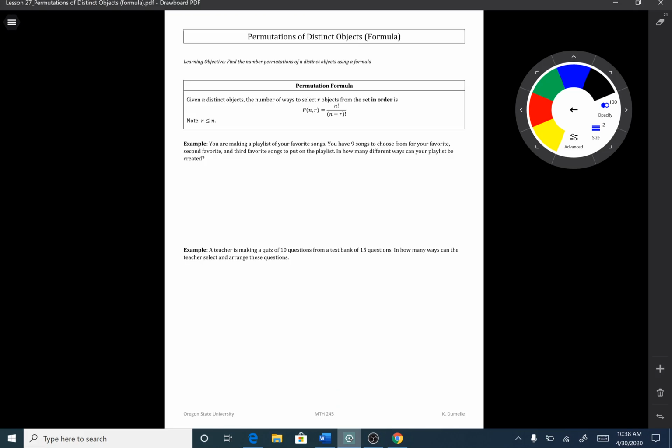Alright, so we just learned how to use the multiplication rule in order to figure out how many different ways there are to order certain objects in a particular order. Again, here order matters. Later on we'll learn about situations where order does not matter. So we now know how to use the multiplication rule, and in this lesson we are going to learn how